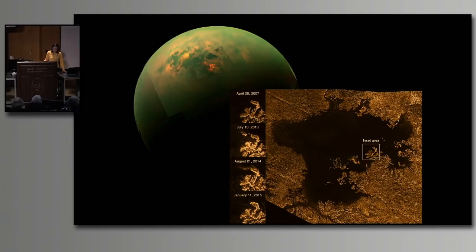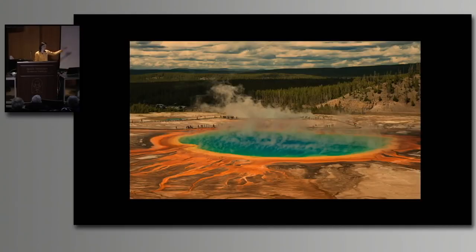So, if life were to exist on Titan or Enceladus or Europa, it would be under very extreme conditions. But the truth is that life on Earth can survive under very extreme conditions. For example, in these hot water lakes and geysers in Yellowstone, life can survive in extreme heat, in extremely cold environments, and also in very acidic environments like those inside a battery.